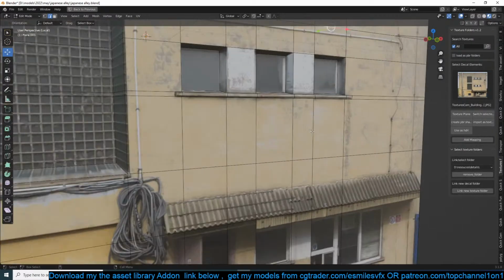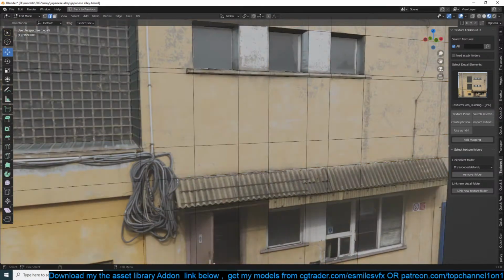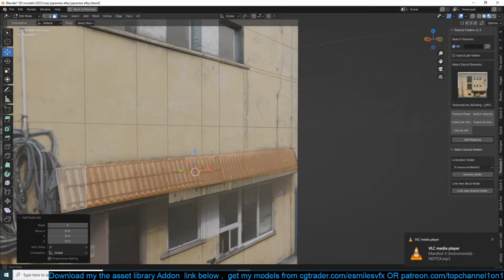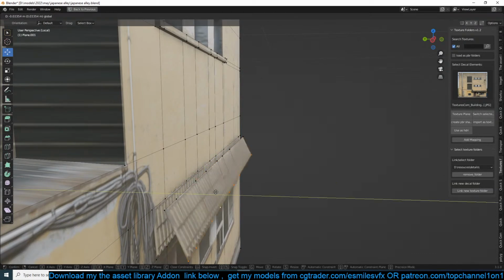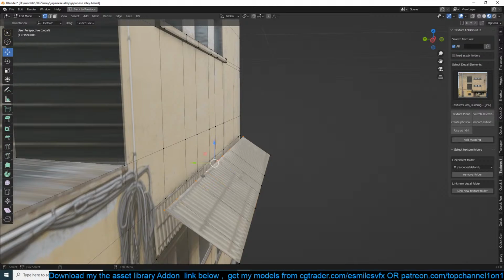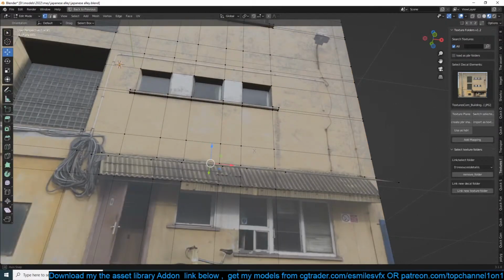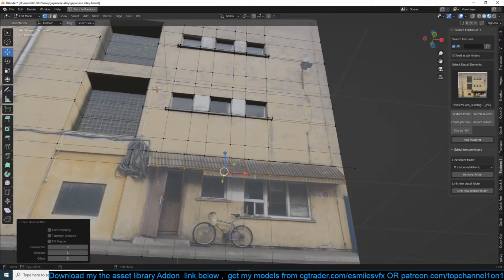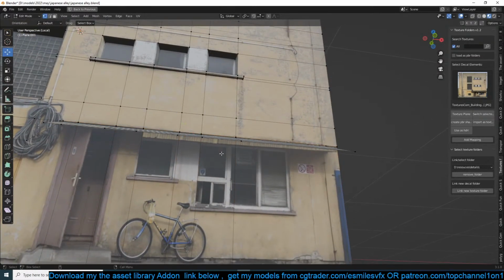Yeah, so I want this roof. Now we can't just extrude this because we would have a few issues. I'm just going to duplicate this and just move this like that. Like that. So we have something like this, and with that I can even just, I don't know, let me see if this would work if I just, yeah, so we have that. I can make a cut for this window.